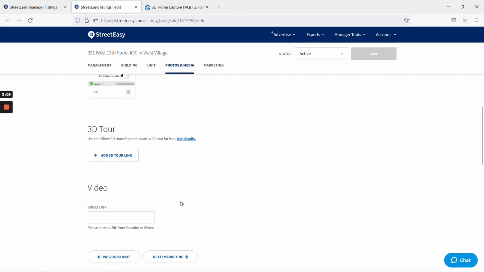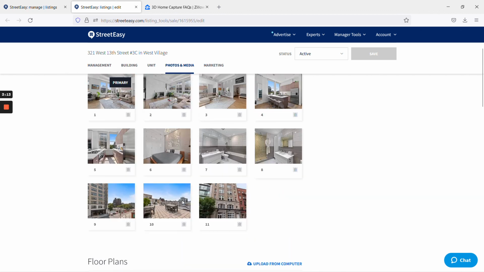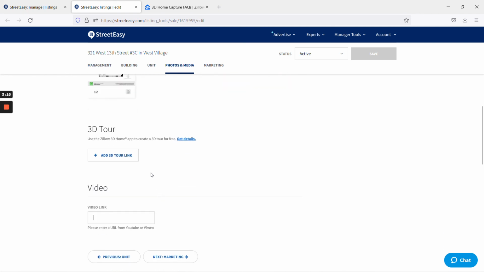So this is how you update a for sale listing on StreetEasy's professional media, including the photos, floor plan, 3D tour, and also the